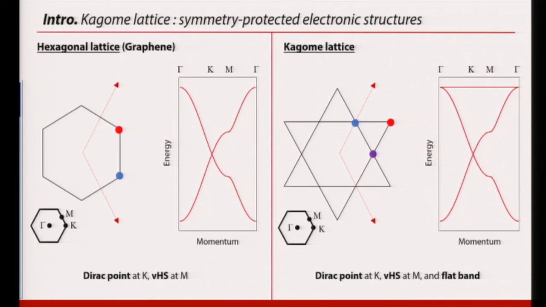And therefore, the Kagome lattice is not just an interesting platform to harness topological physics in the spirit of the Kane-Mele model at the K point, looking at inducing topological band inversion through the opening of a spin-orbit induced gap, but it is also potentially an interesting platform to explore phenomena where correlations are important. And correlations become important because you have an additional single particle excitation in the band structure, which has